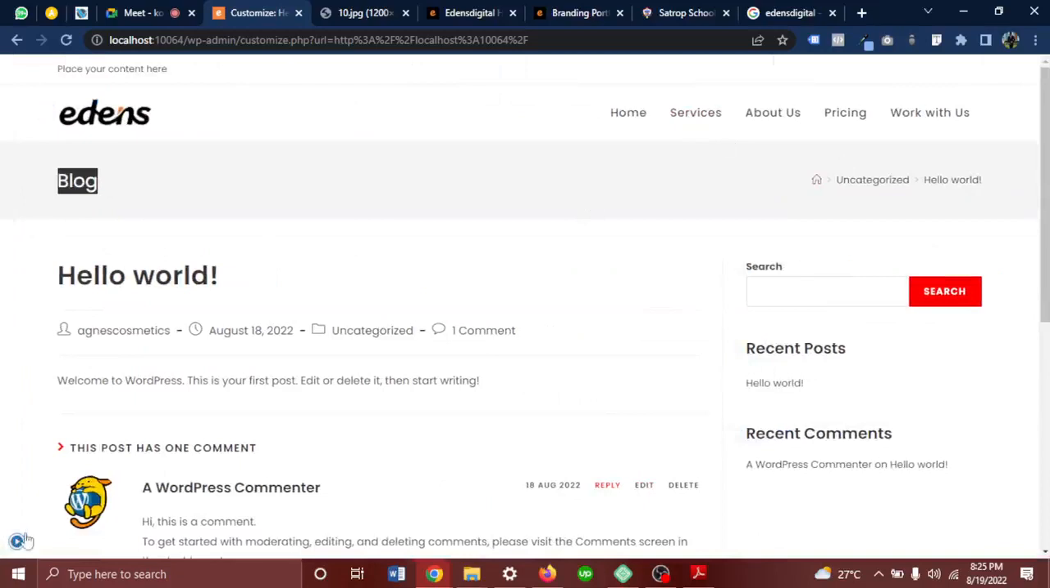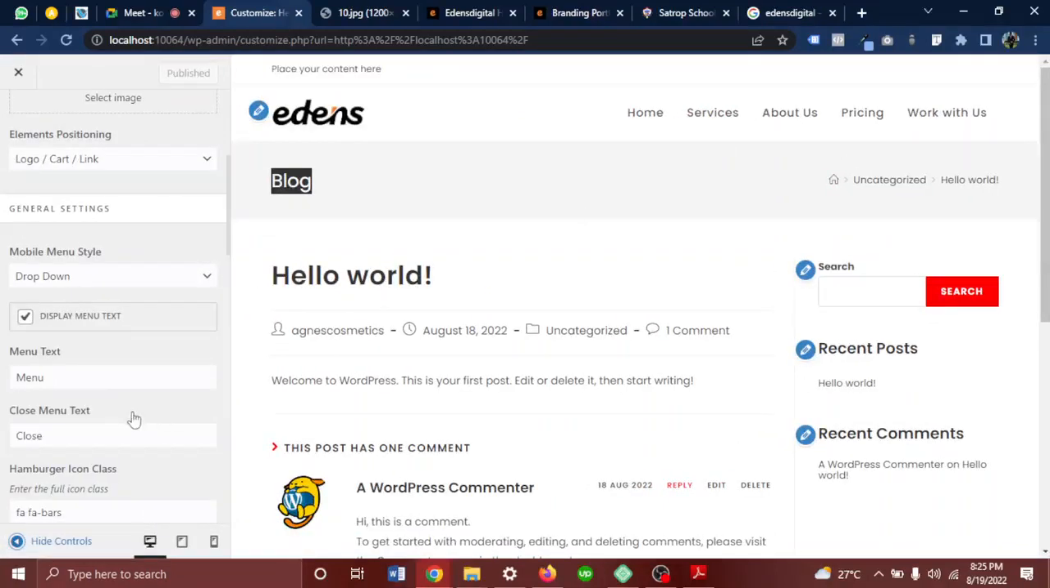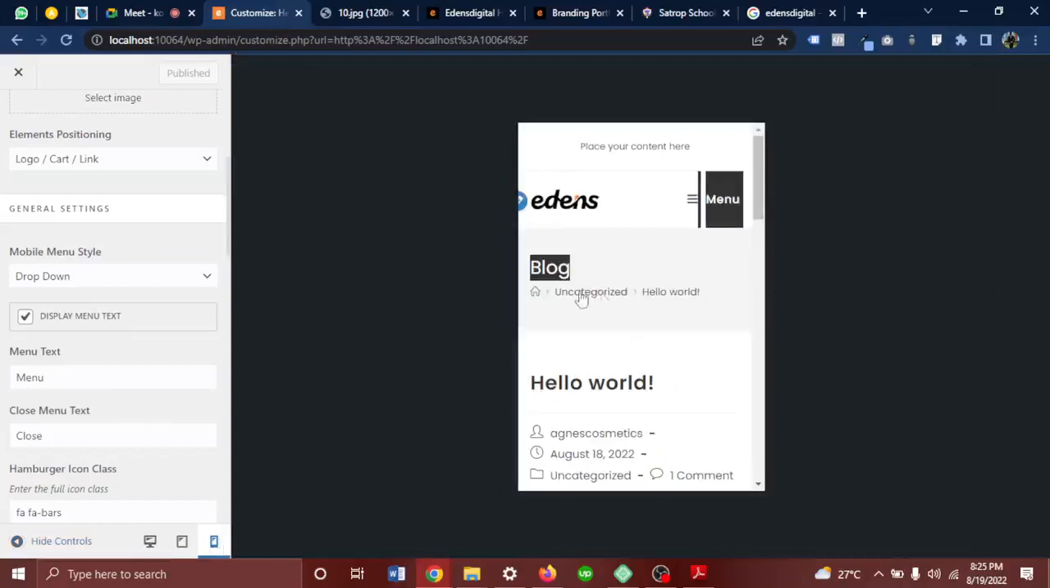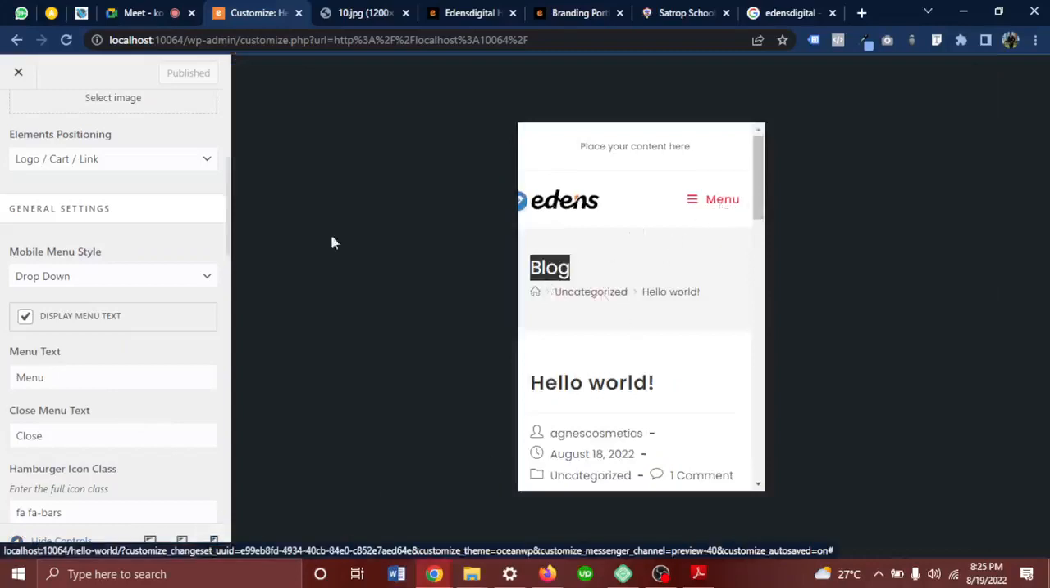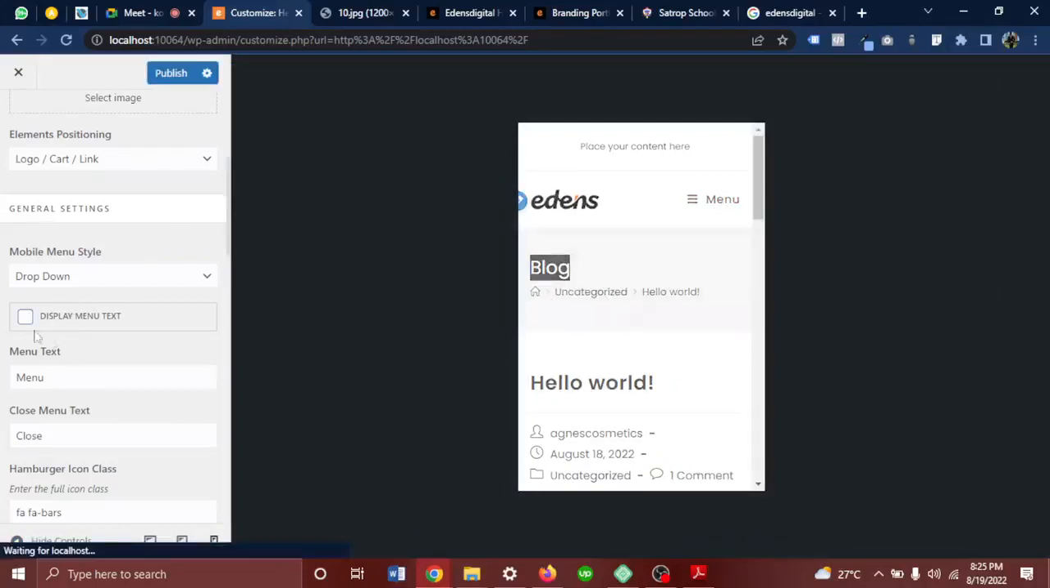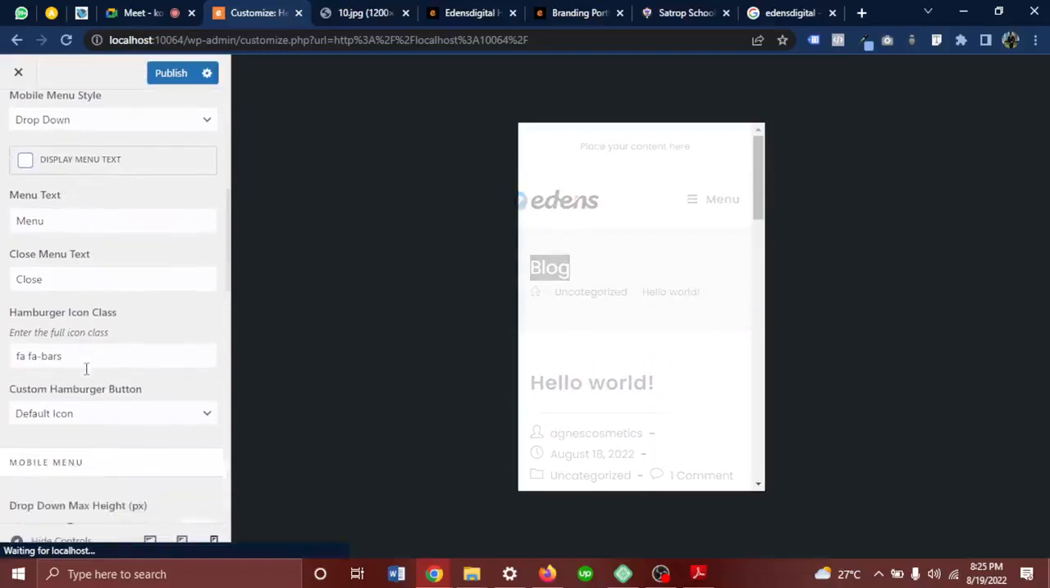Okay, don't worry. It will still show. Don't worry, it will still show. All right. So under mobile menu, you can see this menu text. I want to remove it. Just click on remove this. Display menu text. Just click on it, and then scroll down,